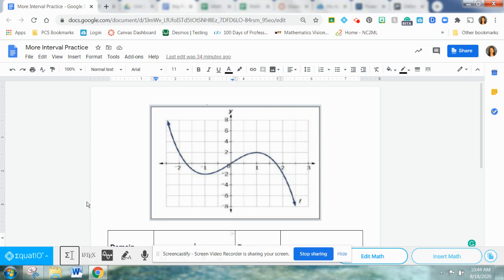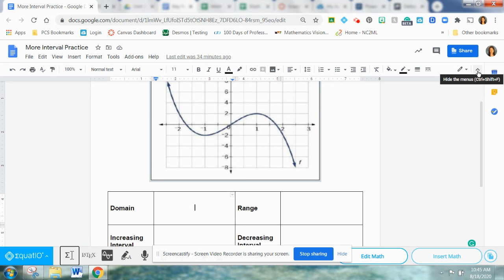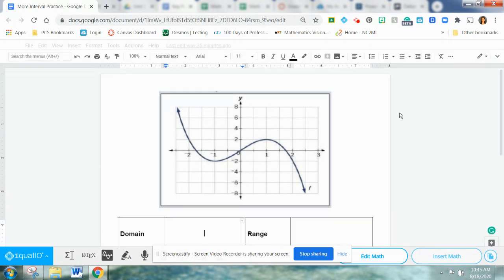So what I'm going to do in this video is we are going to go over the intervals again, writing domain and range, writing increasing and decreasing, but I'm also going to show you how to do this in a document using this equation editor. This will work in Google Docs, it will work in Google Sheets, it'll work in Google Slides. You can use this in any of the Google Chrome apps. So starting with domain, and I'm actually going to move this out of the way so we have a little